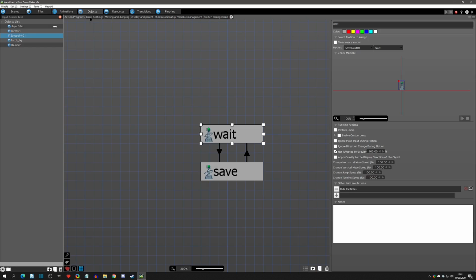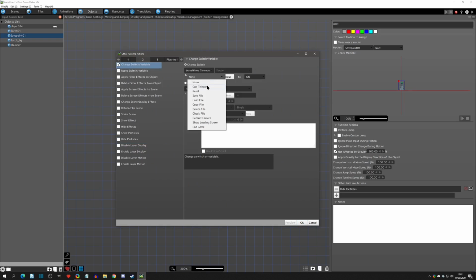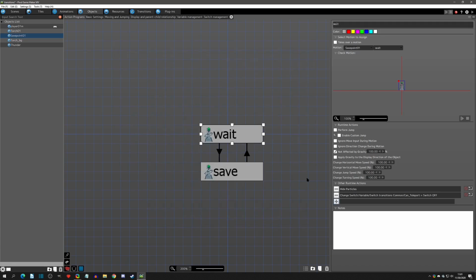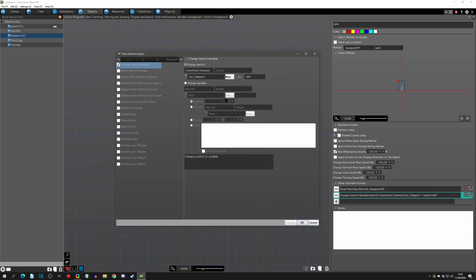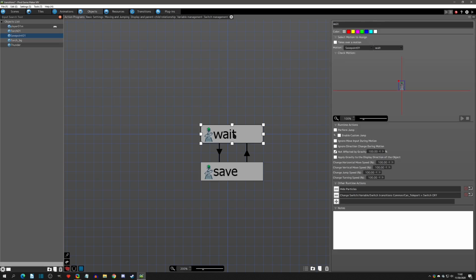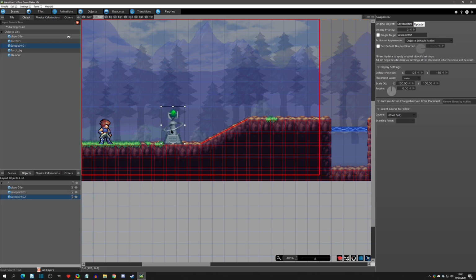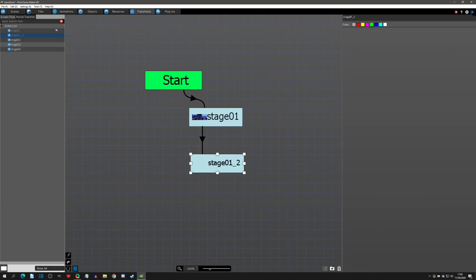So what we can do with this is we can go to an object, and I'll say this save point that's here, and I'll say that we will start it off, because we want it to be off in the wait state. And then when we are in a certain range, we'll just pretend this is a teleporter. When we're in a certain range, we'll turn it on. And that range is just set by a distance between the object. And then when the distance is outside that range, then it will go back to not being able to use it. So now in our scene, if we add this teleporter and we play tested,